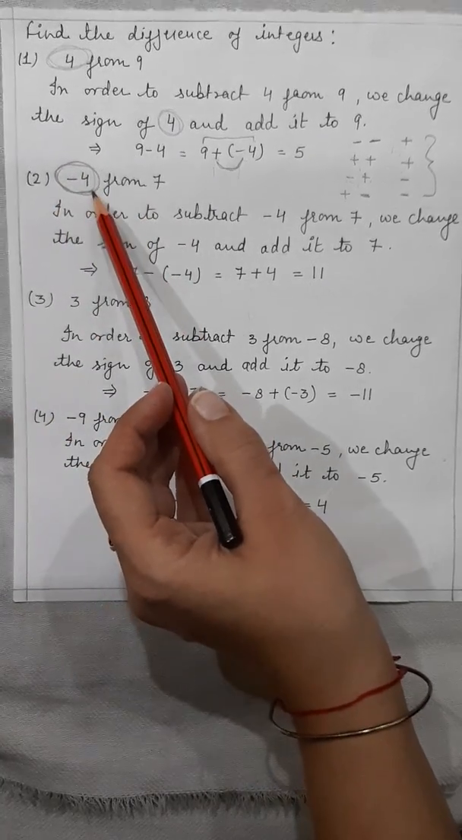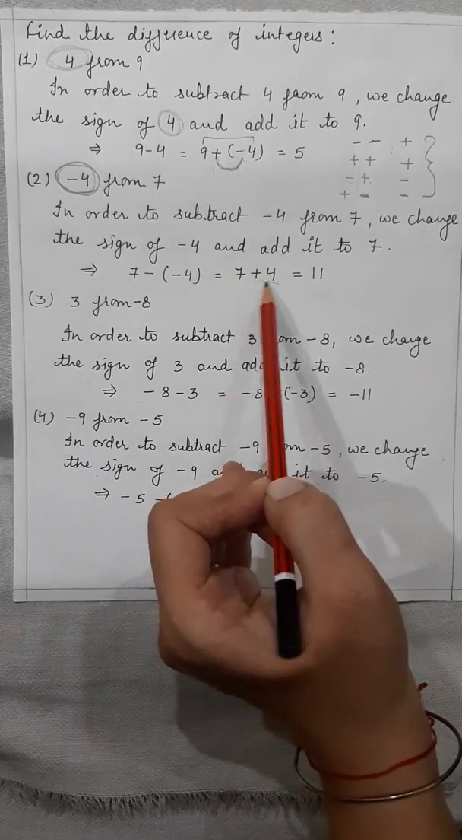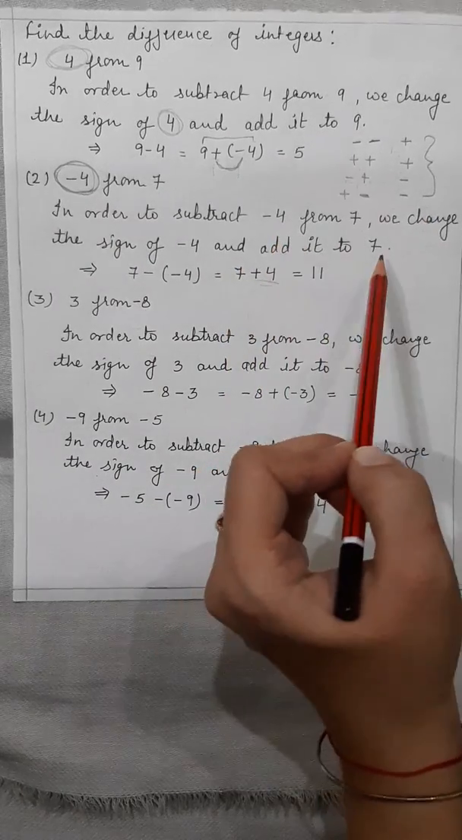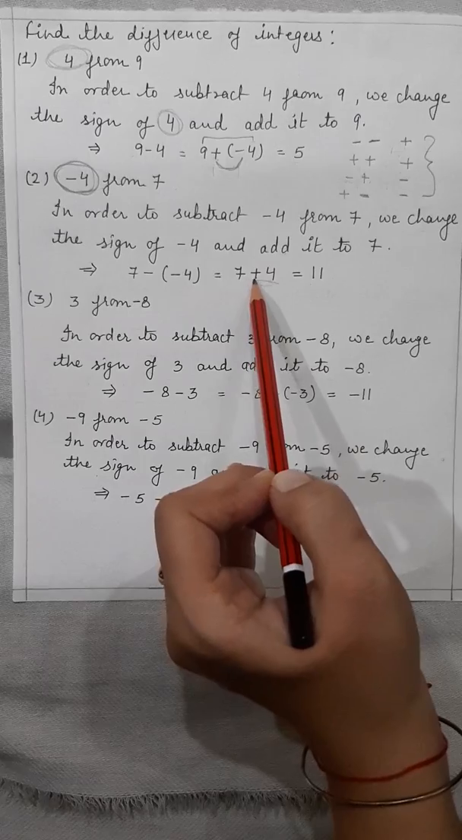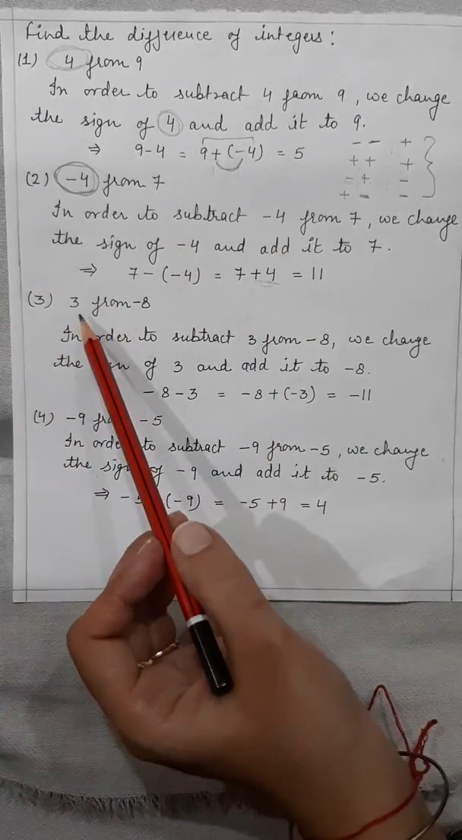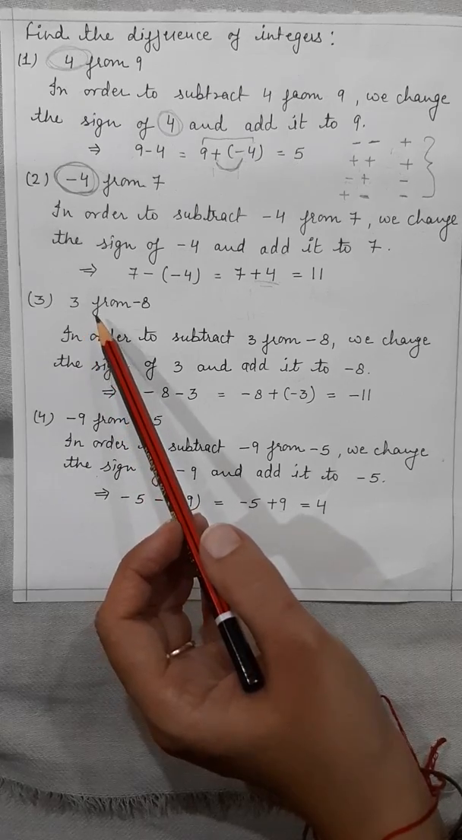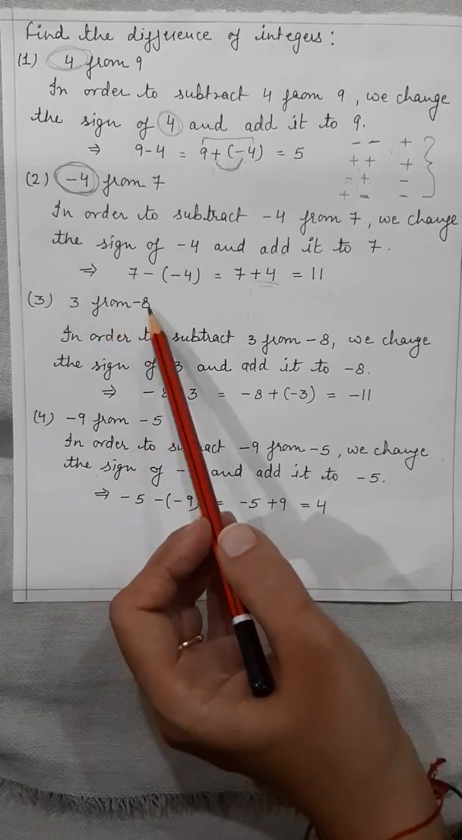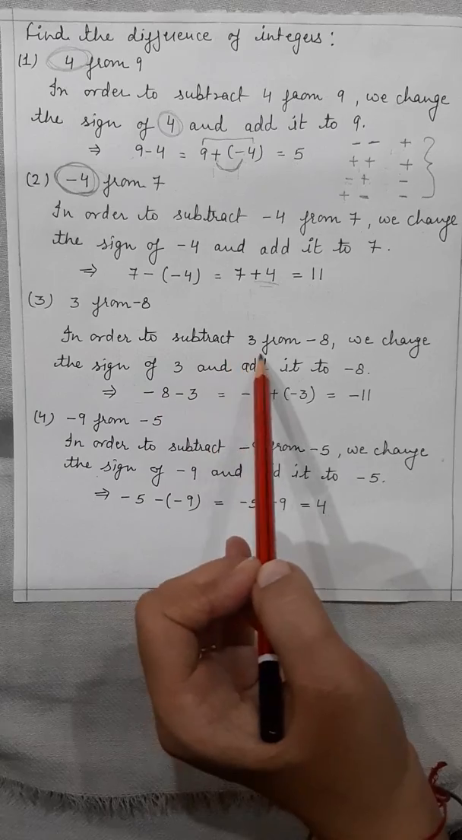When you change the sign of minus 4, it becomes plus 4, and then we have to add it with 7. So 7 plus 4 is 11. Clear? Now, if you have to find the difference of 3 from minus 8,